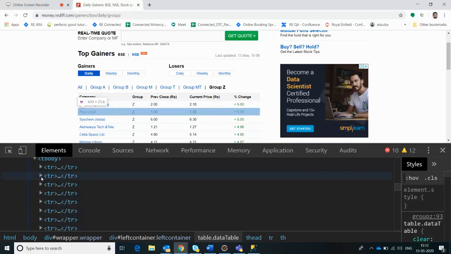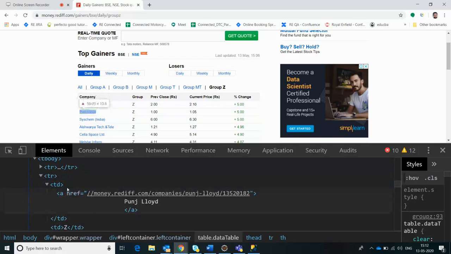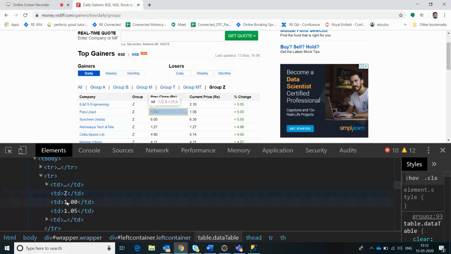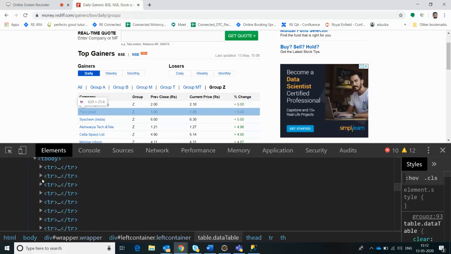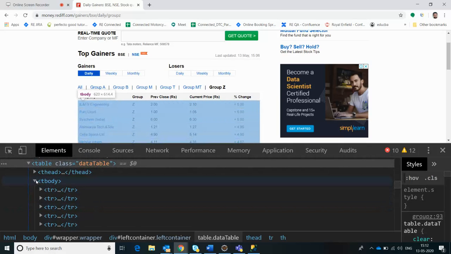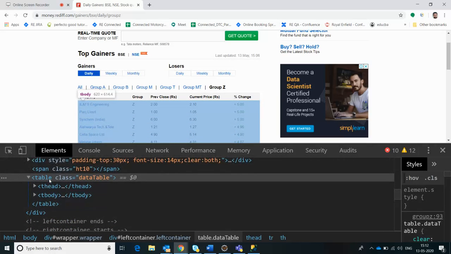Finish. Second row: similarly, this will be the hyperlink, then the second value. You see, things are getting highlighted above here. This is the basic structure of a web table, right? This is a data table because it contains data.